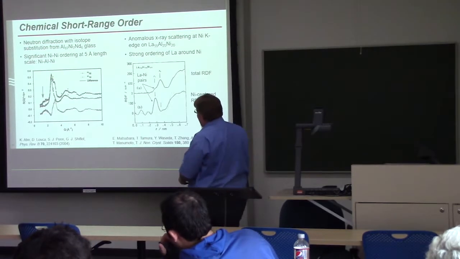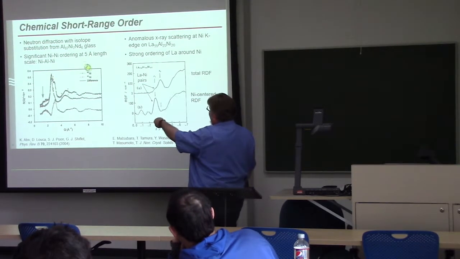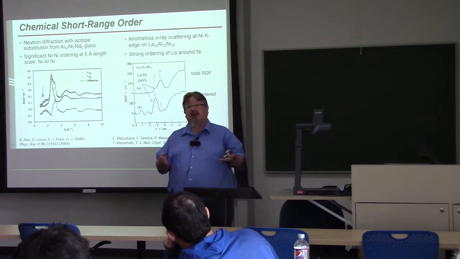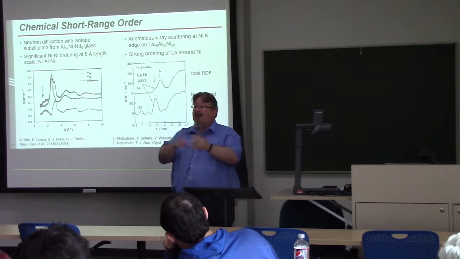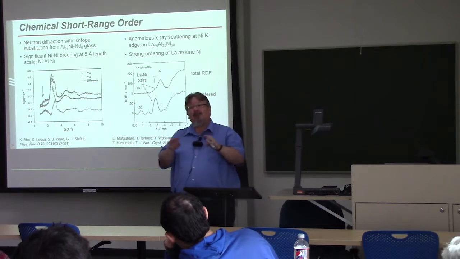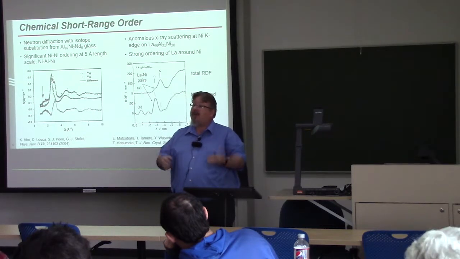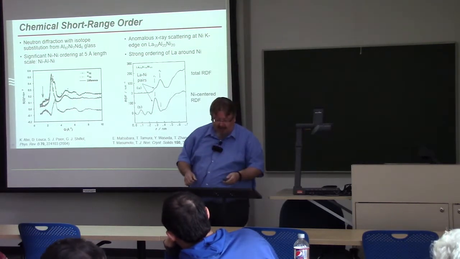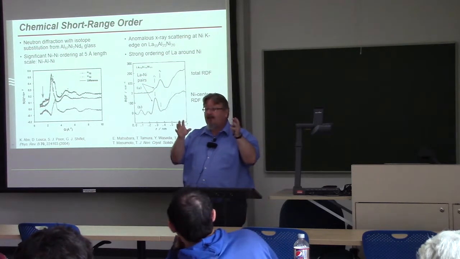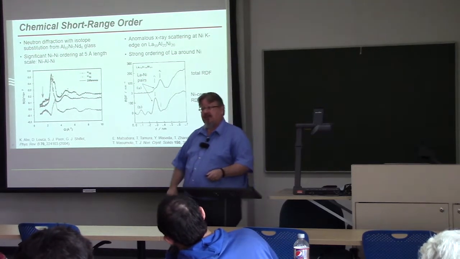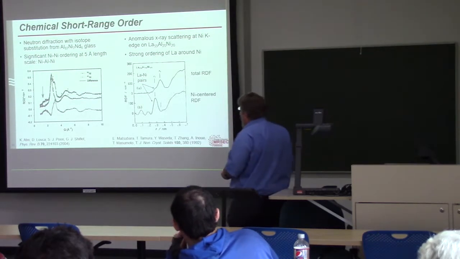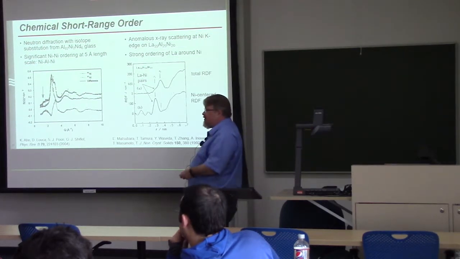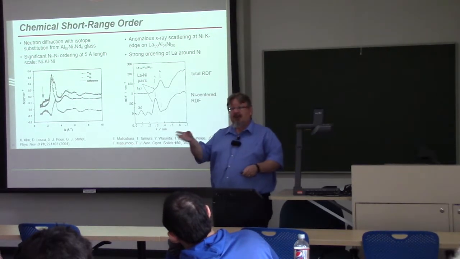Now, real metallic glasses exhibit what's called chemical short-range order. A dense random packing of multiple atomic species has every atom next to every other atom determined randomly only by the concentration. But we know that real metal atoms have preferred nearest neighbors determined at the macroscopic level by the heat of mixing between the two species. And we know that that happens in metallic glasses from the same kind of partial pair distribution function data that Paul was talking about earlier.